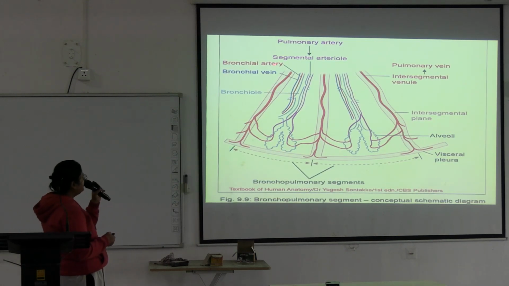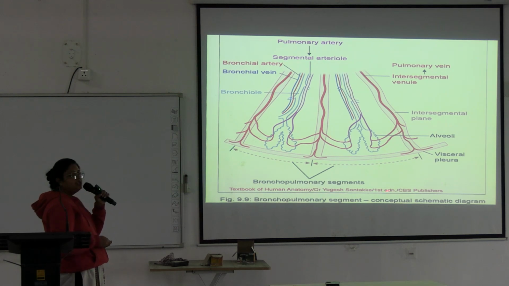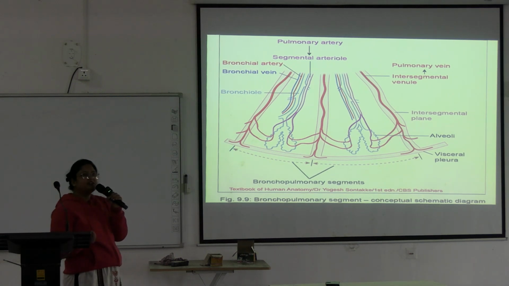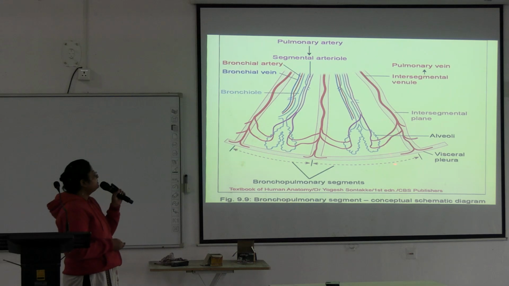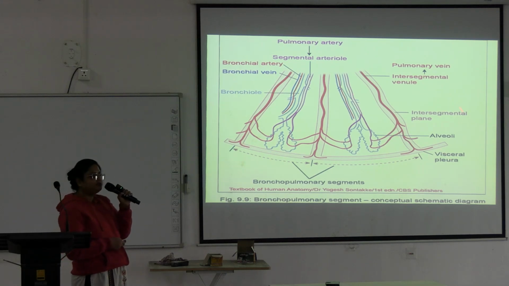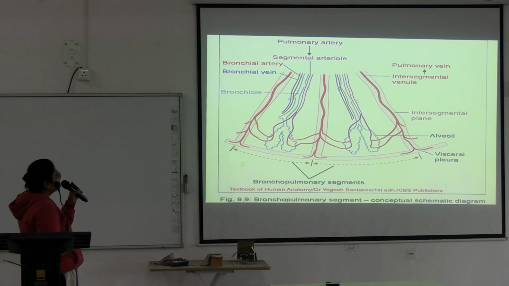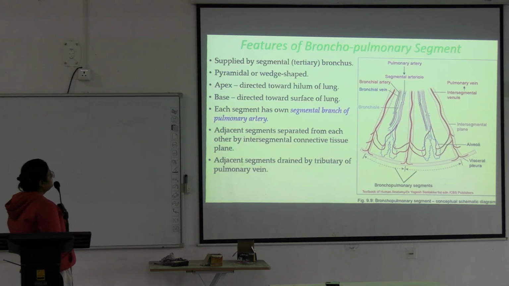See, this is one bronchopulmonary segment and this is another bronchopulmonary segment, separated by the intersegmental septum. Intersegmental septum is a connective tissue septum within which the pulmonary veins are embedded. So these bronchopulmonary segments are not bronchovascular segments, because the pulmonary veins are intersegmental in position, but the pulmonary artery and bronchial artery are intrasegmental. These are lying within each segment. We will discuss it.